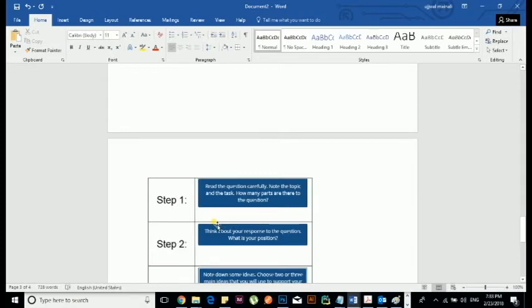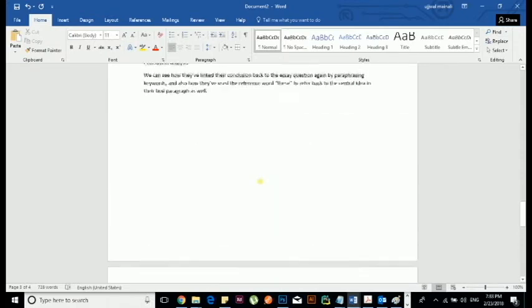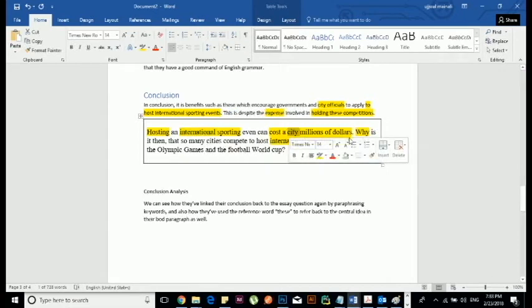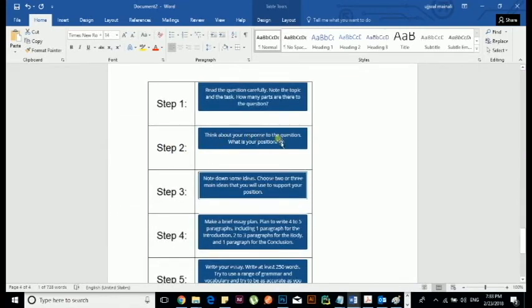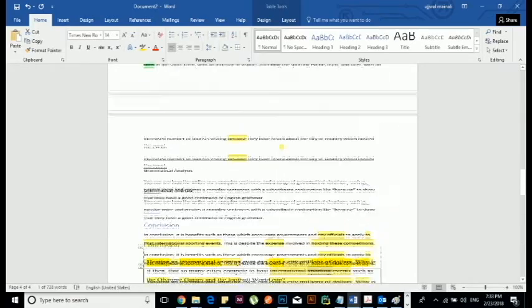So the common step to approach writing is to analyze the question at the very beginning. Step number 1. Read the question carefully. Know the topic and the tasks. How many parts are there to the question? Here being 1, 2, 3, 4 and 5 important parts. Step 2. Think about your response to the question. What is your position? Here being